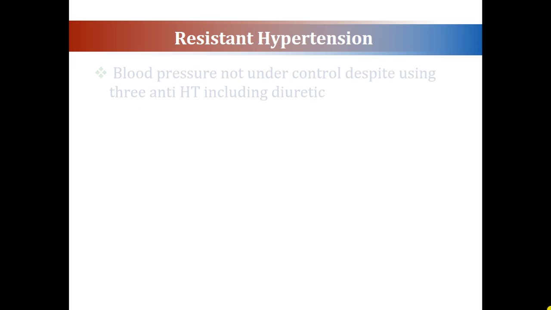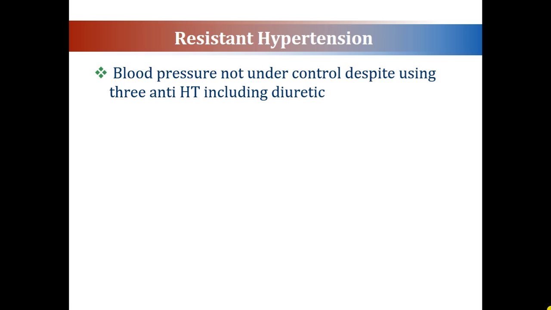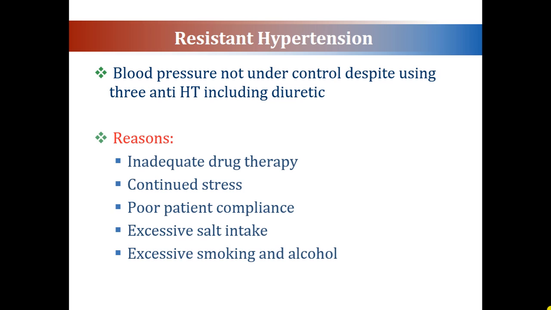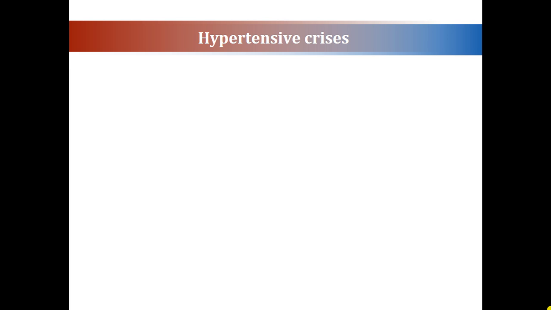Next comes resistant hypertension. Blood pressure which is not under control despite using 3 antihypertensives including a diuretic is classified as resistant hypertension. Reasons could be inadequate drug therapy, continued stress, poor patient compliance, excessive salt intake, excessive smoking and alcohol. Then comes hypertensive crisis. When diastolic blood pressure is more than 120 mmHg and or systolic BP more than 180 mmHg,